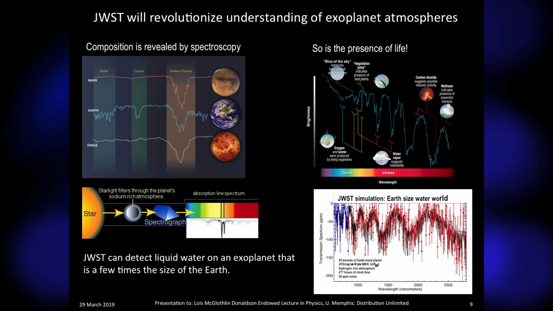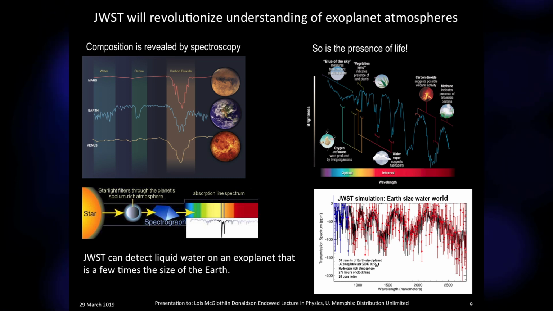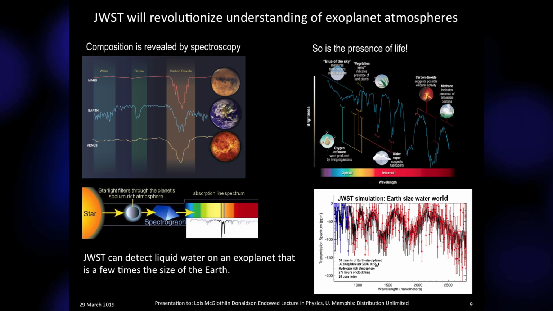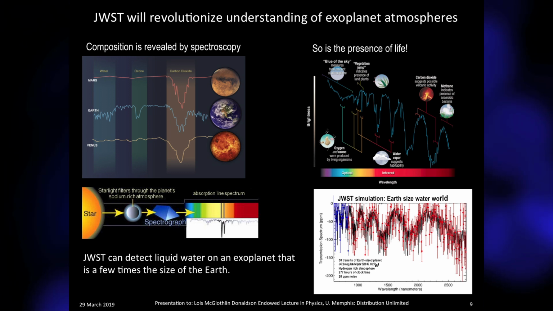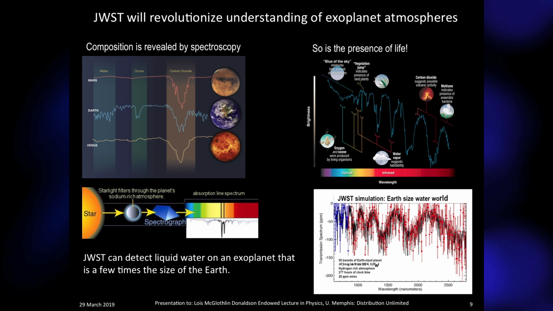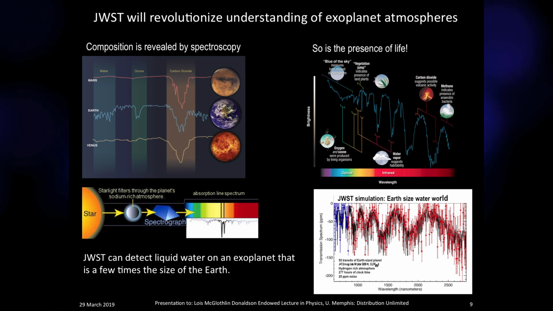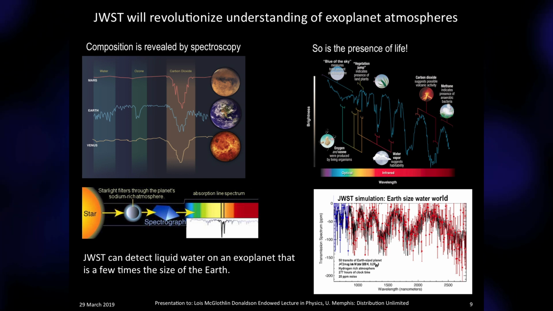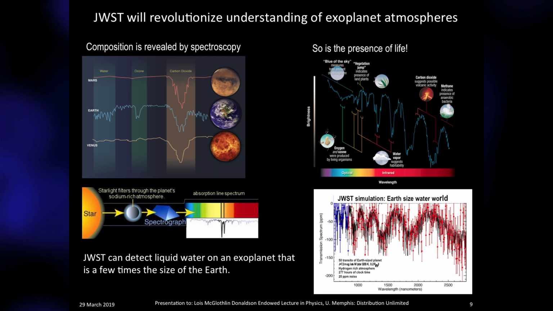So how do we search for life on something that's very, very far away? The JWST will be able to do spectroscopy of atmospheres of other planets. Okay, so what does that mean? When we do spectroscopy, we record the light and we spread it out into its component wavelengths so we can observe it, sort of one wavelength at a time.